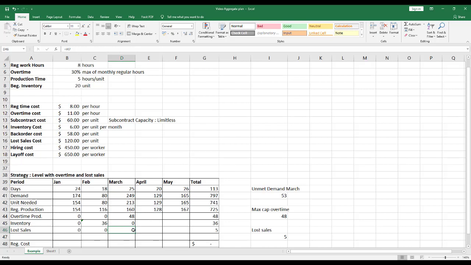only lost sales, and lost sales didn't have to be accounted into the unit needed for the next month. So here we have the overtime production should be in the max unmet demand in April is 129 minus 128, and for max cap overtime in April, just to round up,